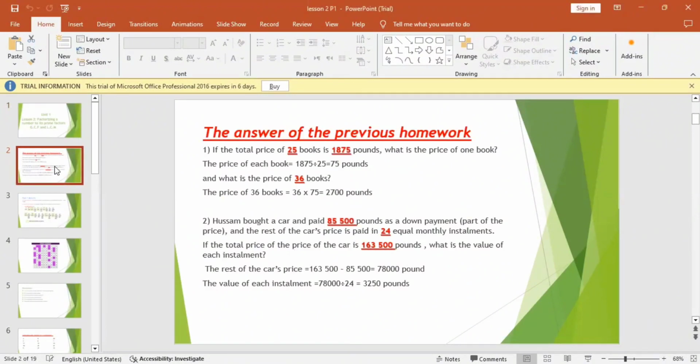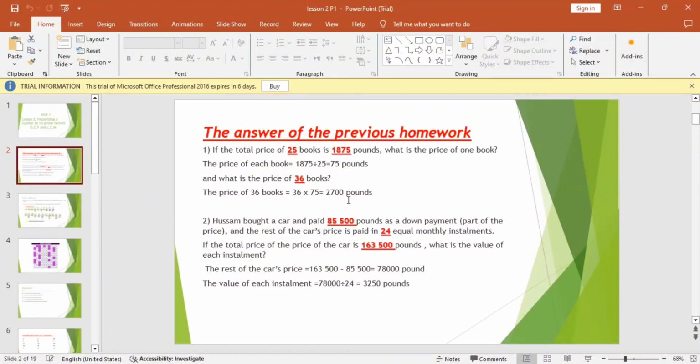First, let's answer the previous homework. If the total price of 25 books is £1,875, let's get the price of each one book. To get the price of each book, I have to divide 1,875 by 25. It will be £75. And after that, to get the price of 36 books, now we have to multiply the price of each book by 36. So 36 times 75 equals